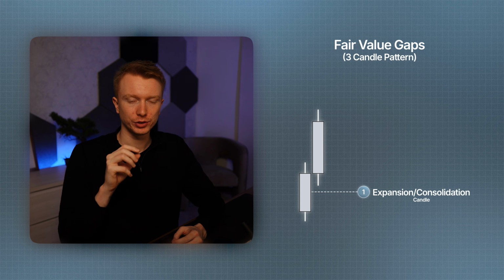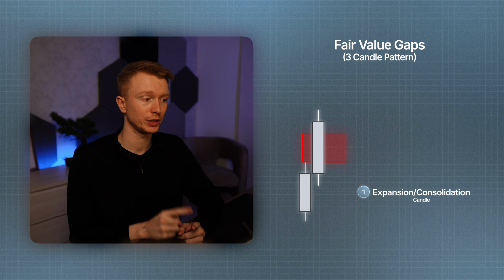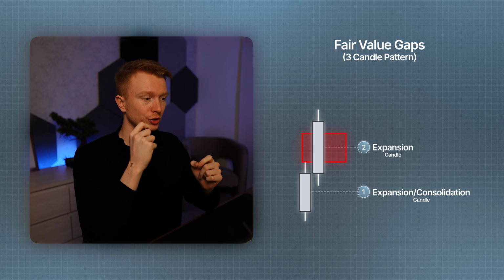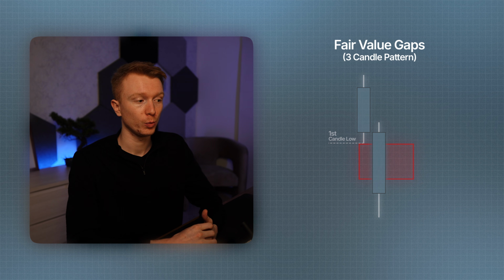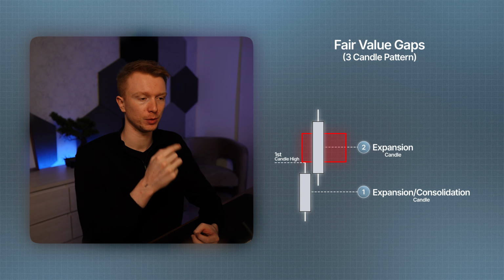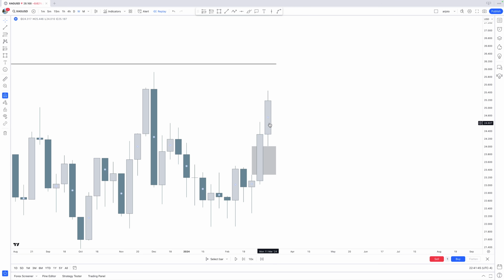The second candle is always going to be an expansion phase candle, meaning the body is closing clearly above the first candle high if we create a bullish fair value gap, and vice versa when we create a bearish fair value gap. Then the third candle will help us in determining if we do create a breakaway gap, or if it's actually a fair value gap that we can trade back into immediately to then continue higher. If the third candle is an expansion phase candle, just like the second candle, like we see right here in this example, and it's not a consolidation where we set up perfectly with the third candle to trade back into that fair value gap to then continue higher,